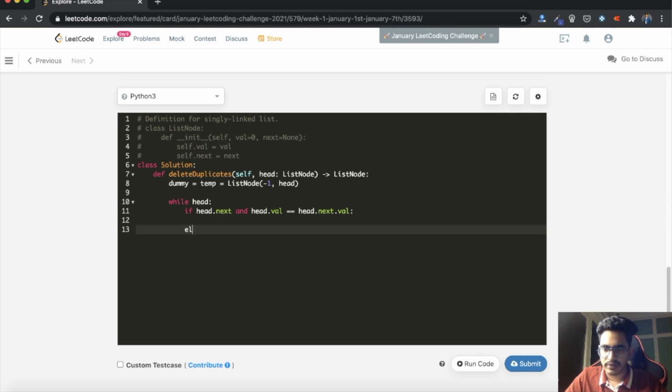Let's also write the else condition. In the else condition we will be doing nothing but incrementing our temp. Temp is equal to temp.next.